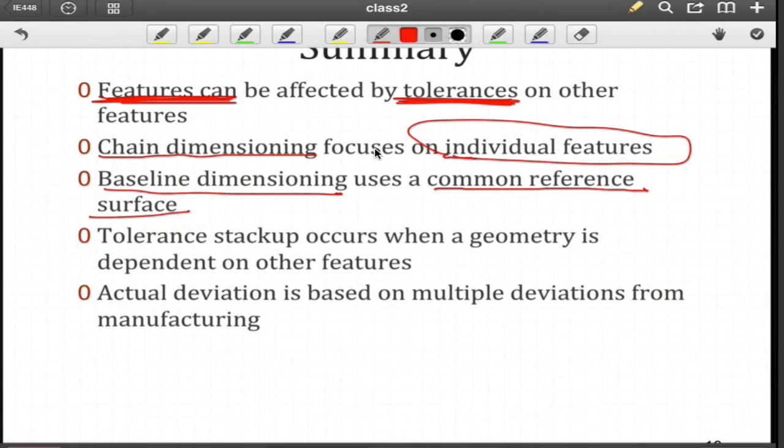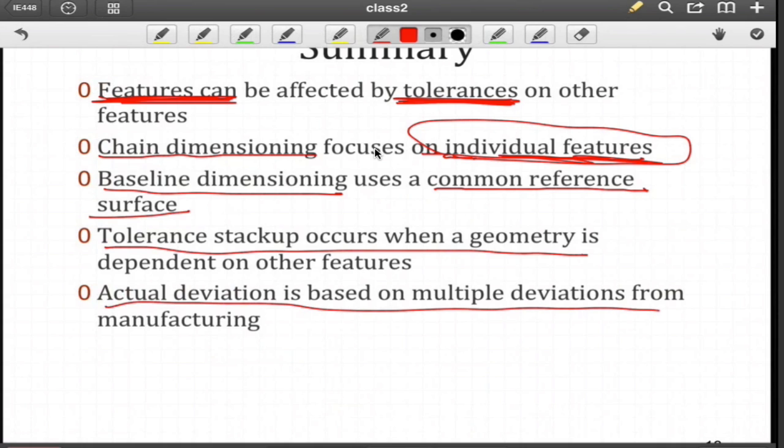Again, we're trying to tie features together so there's more of a connection between them, versus chain dimensioning, more independent view of the features. Tolerance stack-up occurs when geometry is dependent on other features, and we saw that as we looked at the overall dimension of that simple part. And the actual deviation, of course, is based upon all the processes that you are using in your system. So one or more processes could be affecting those individual dimensions, and therefore the tolerance